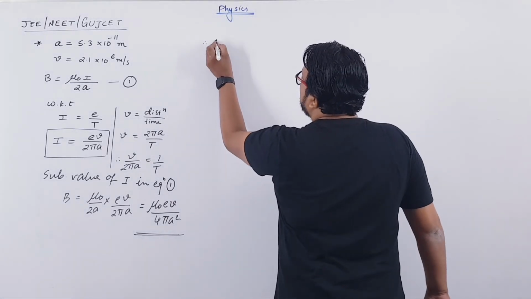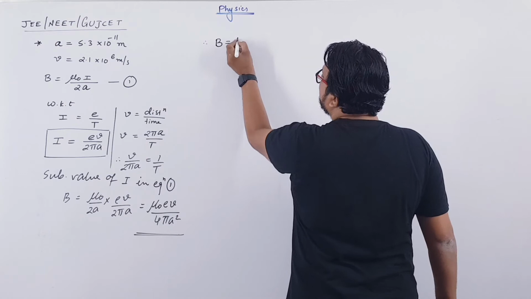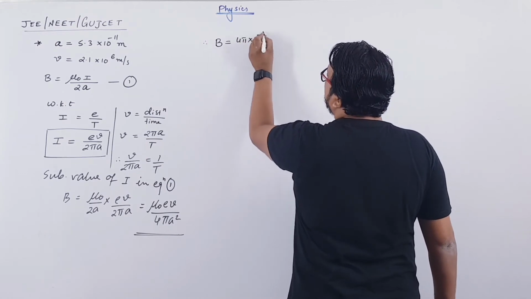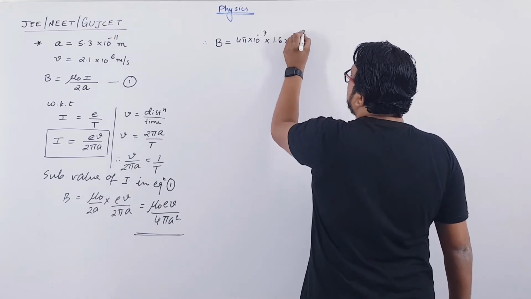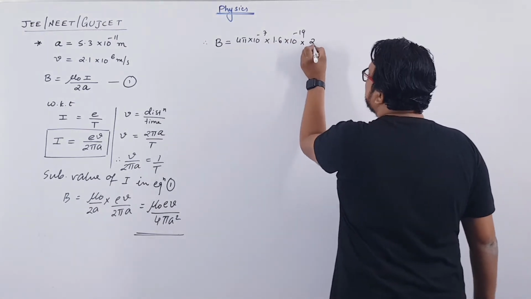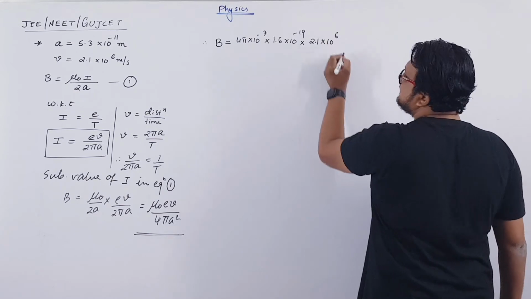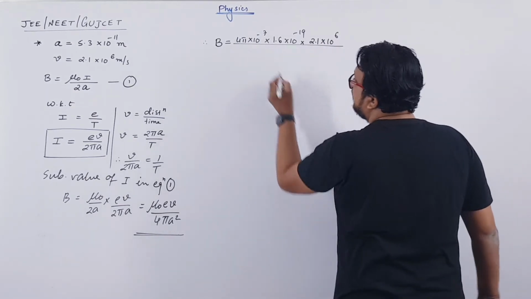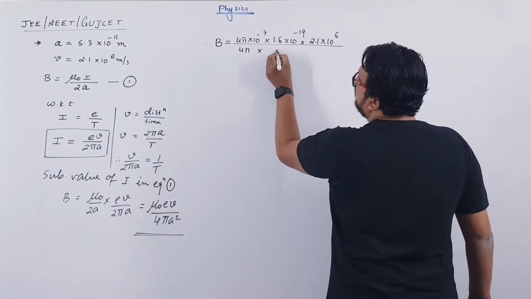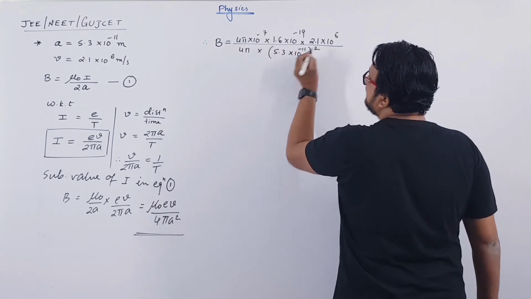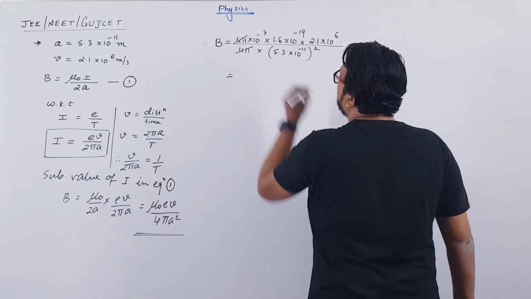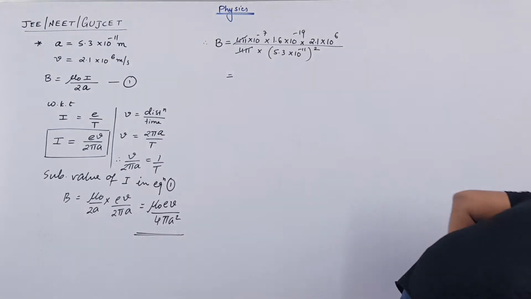So therefore B will be equal to mu naught, which is 4 pi into 10 to the power minus 7, E, the charge of electron, 1.6 into 10 to the power minus 19. Speed of electron is given as 2.1 into 10 to the power 6 meter per second, over 4 pi into 5.3 into 10 to the power minus 11 whole square. So clearly 4 pi will get cancelled out. So if we use the calculator over here,